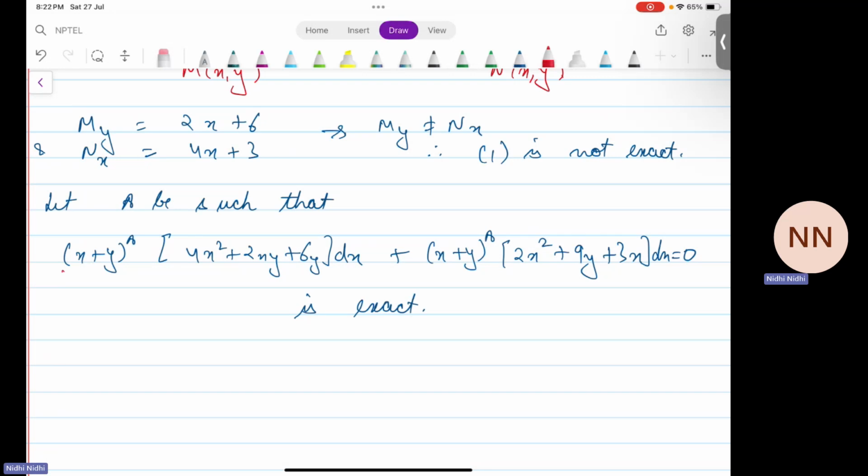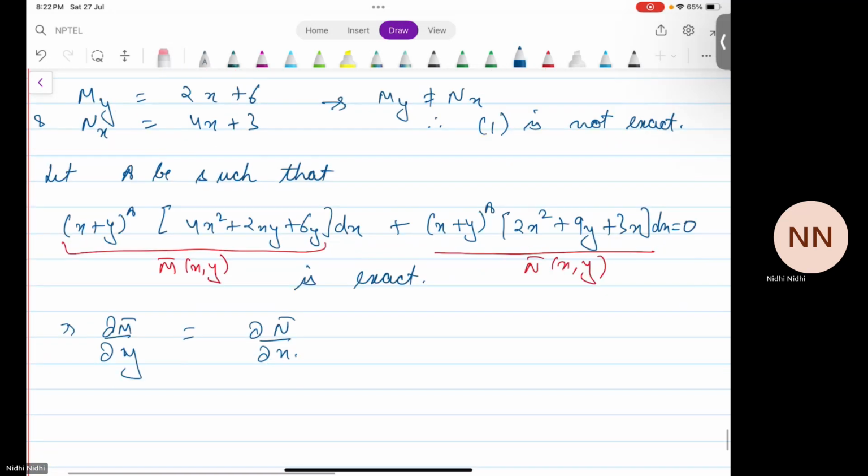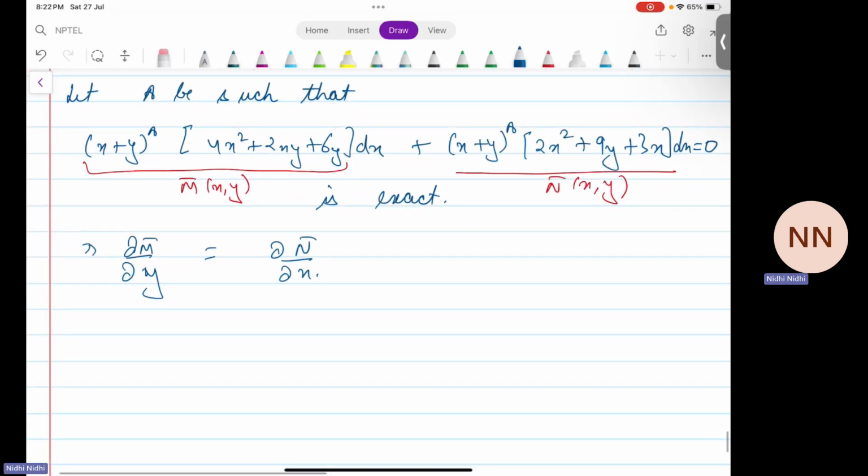Now if we take this to be M bar and this to be N bar, we must have del M bar by del y is equal to del N bar by del x, which tells us that